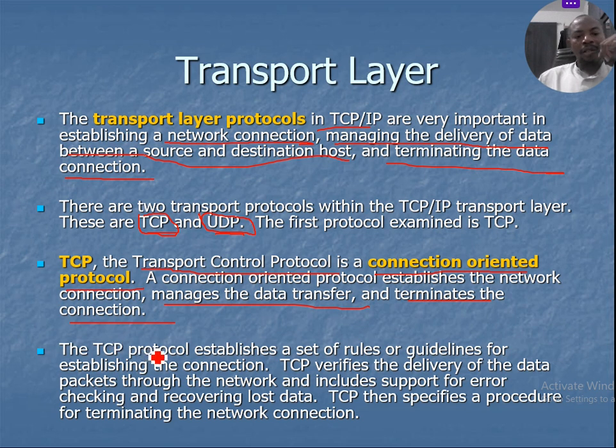Now let's still talk about the TCP. The TCP protocol establishes a set of rules or guidelines for establishing connection. So protocols are actually a set of rules, right? We know this. So the TCP, what they do is to establish the set of rules or guidelines for establishing